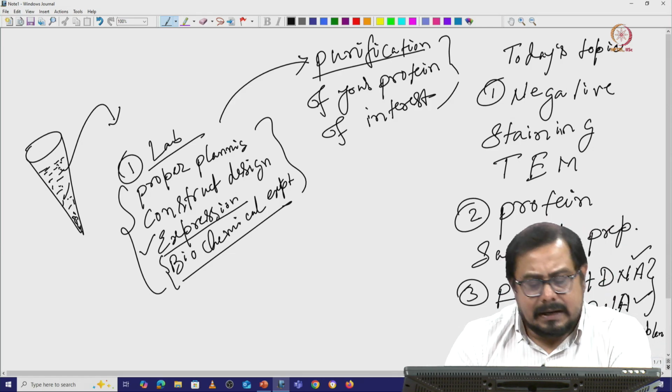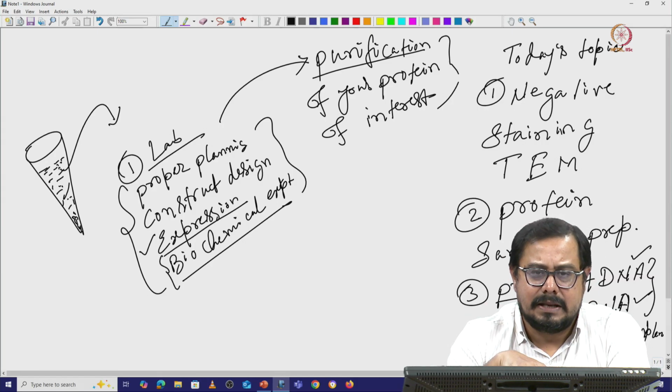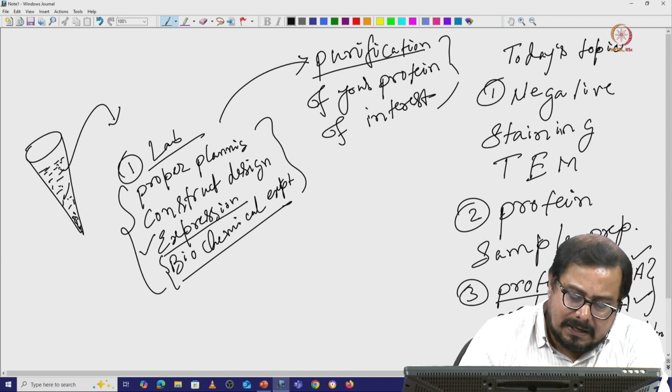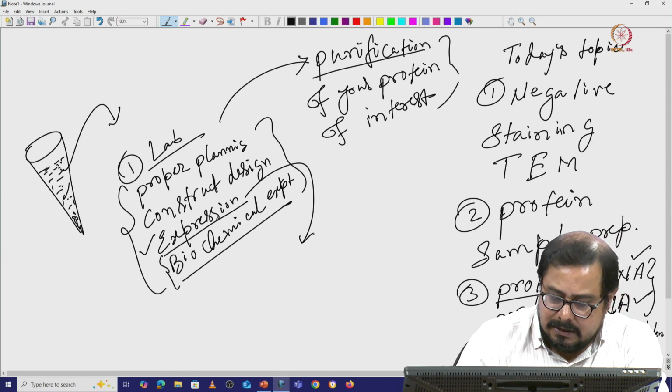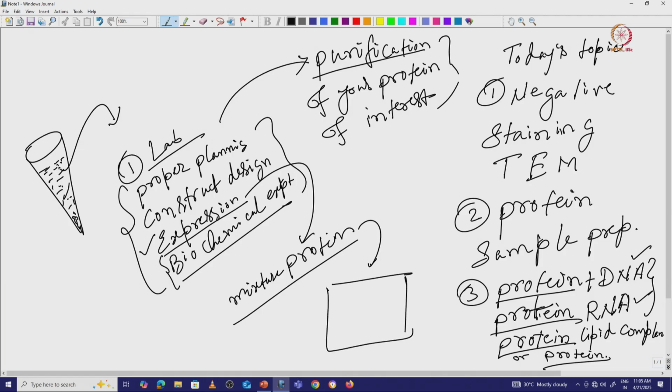If you have a protein sample, say an RNA polymerase or DNA polymerase, and you want to see how it is interacting with the DNA, and you ruptured the cell and there are so many other proteins, and you just take this protein mixture after expression and cell damage, and you try to image something using TEM or SEM or cryo-EM or whatever, what will you get in all these cases?